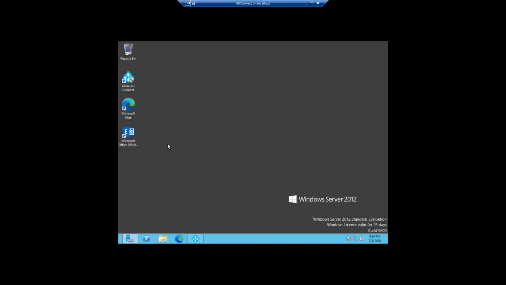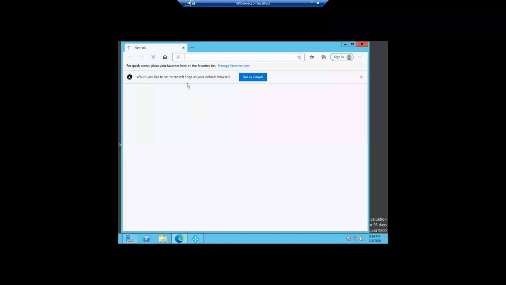So we have to run this Exchange hybrid configuration small application. This is available from the Office 365 admin center. I will show you how you can download it.